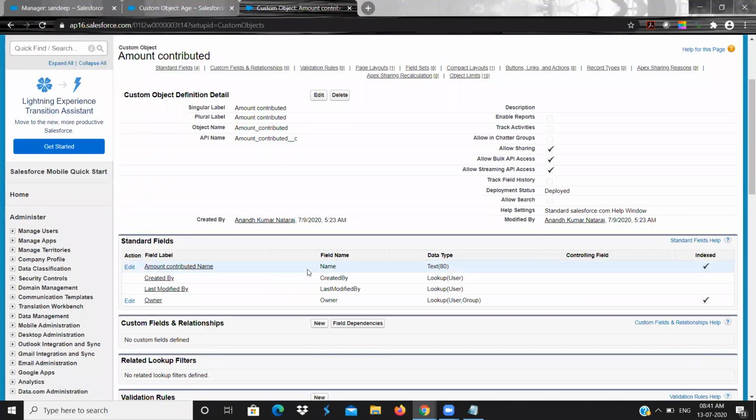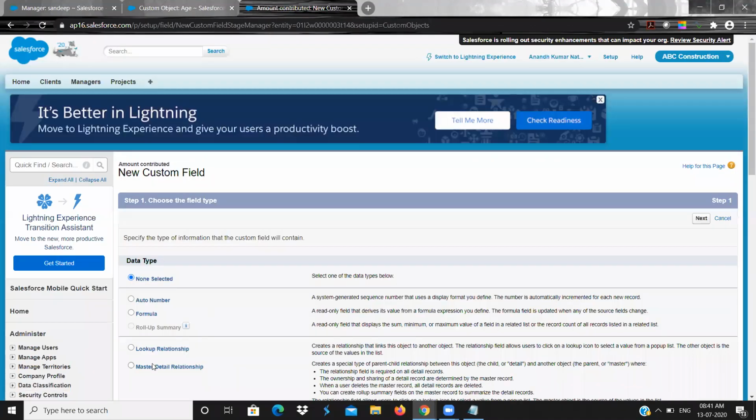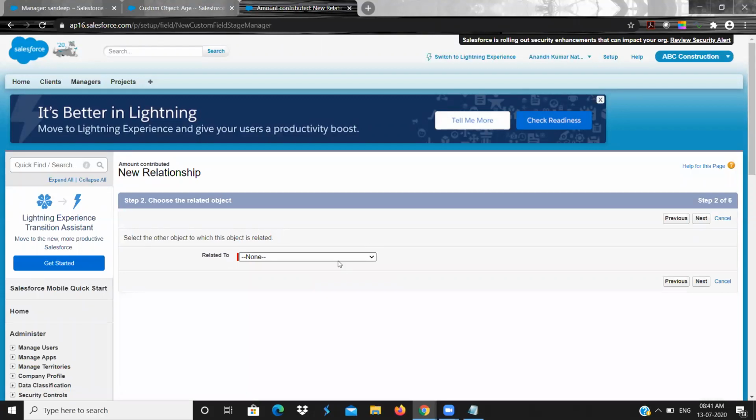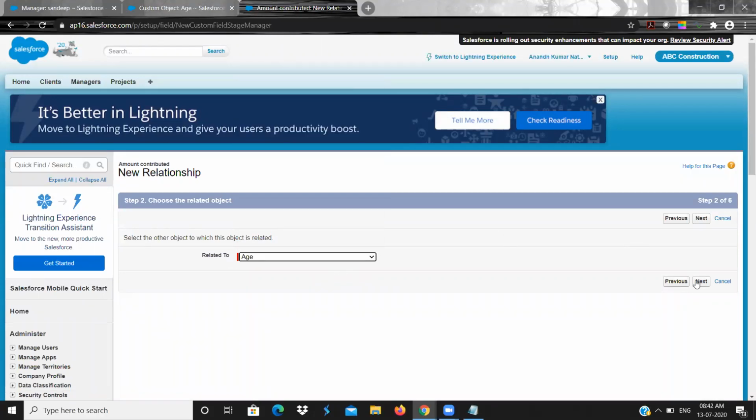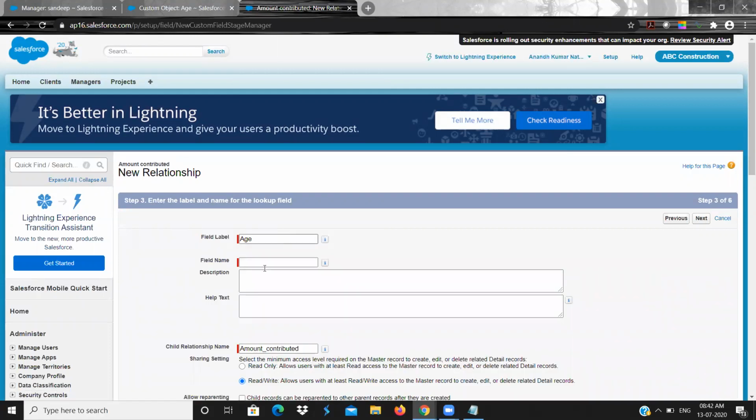For your understanding, I wanted to show, I wanted to create a relationship. So I'm creating it in the amount contributed, so it is a child. Okay, so next, to whom it wants to be related, to the age object. I'm just giving age. Next, what name it should be referred to, so age.